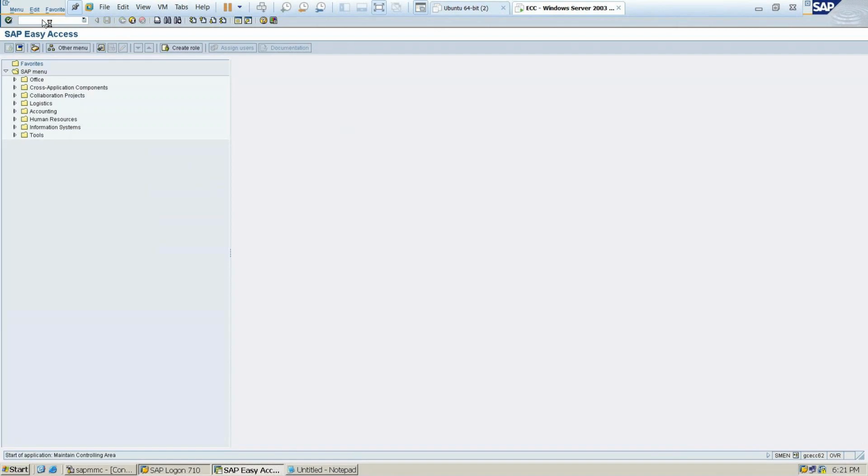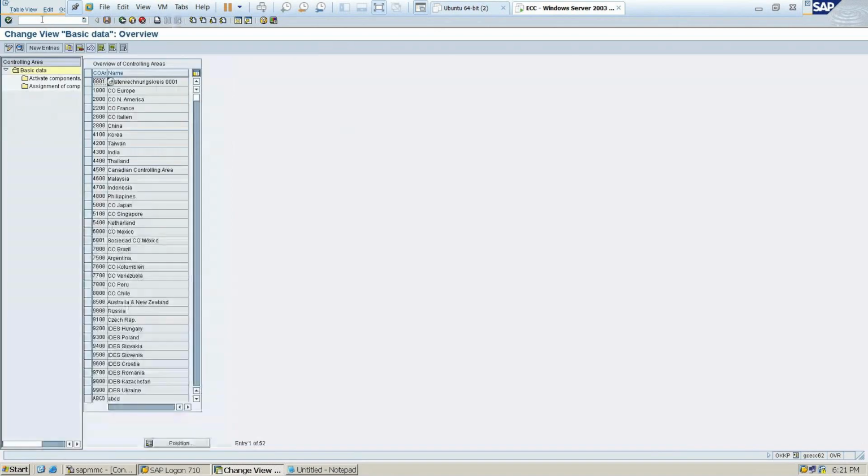We need to create the controlling, assign the controlling to the company code, then activate the components. So basic data, activate component or control indicator, and assignment of company code. These three things I need to do under the controlling.